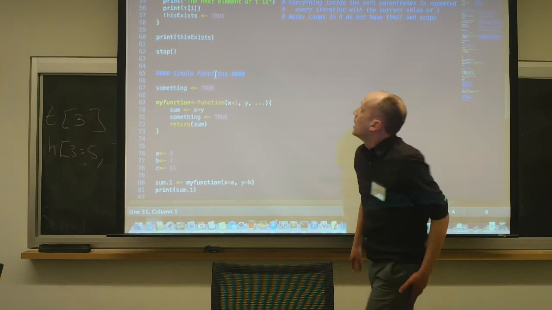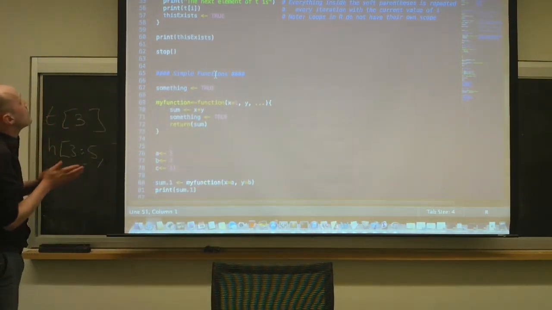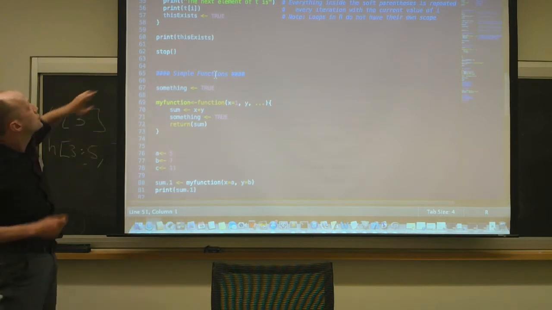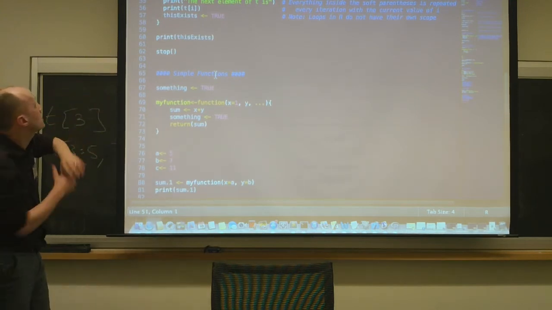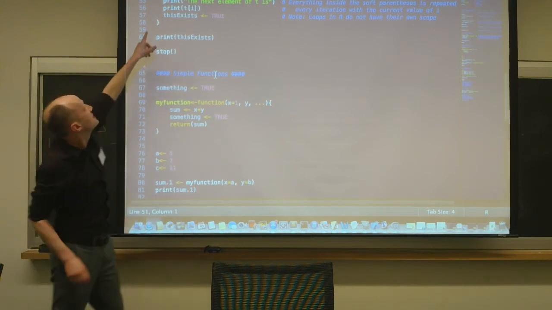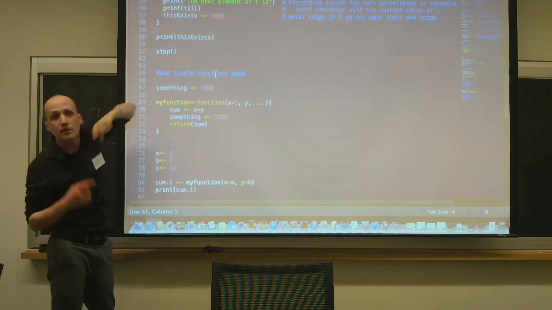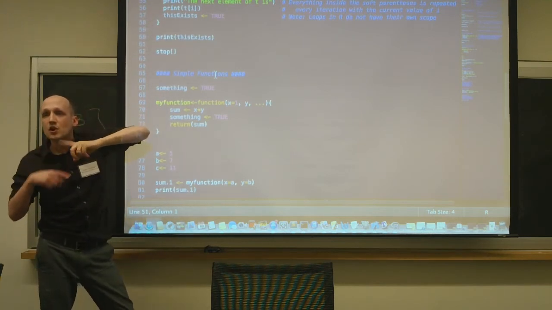Next is control structure in R. We'll come back to it probably in the future. Loops are fairly simple. There's two types of loops. The other type is in the crib sheet, but the one that we use most commonly is just a simple for structure. This is going to say, okay, I'm going to execute the code inside my for loop as many times as the loop is called.